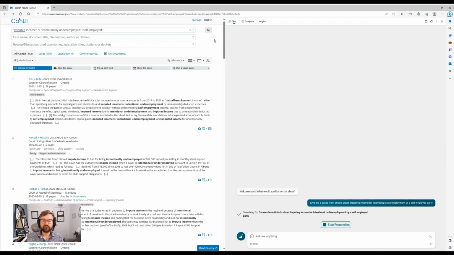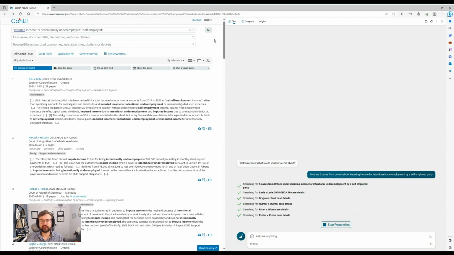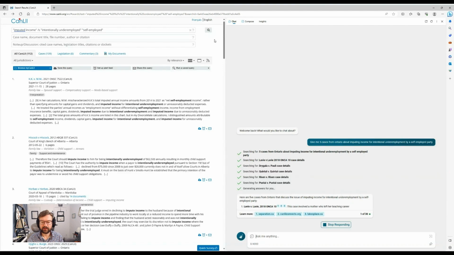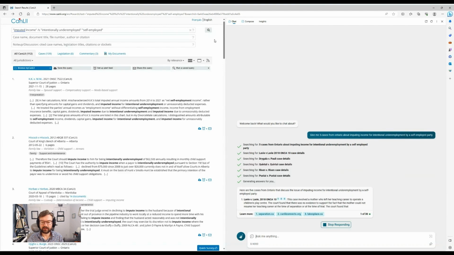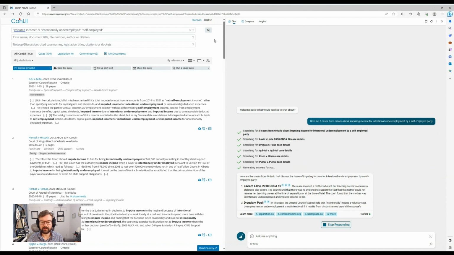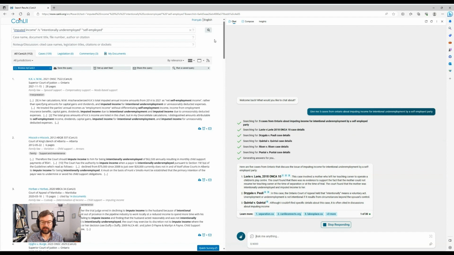I've started a new chat to do this because ChatGPT remembers everything that you have written up to that point when you run a search, up to a certain amount of messages. Here we can see that ChatGPT on the right-hand side is thinking about cases and has suggested a number of cases already. One of the cases, Levy and Levy, the first one that it found, is one that we've discussed already as something that came up in the noting up to